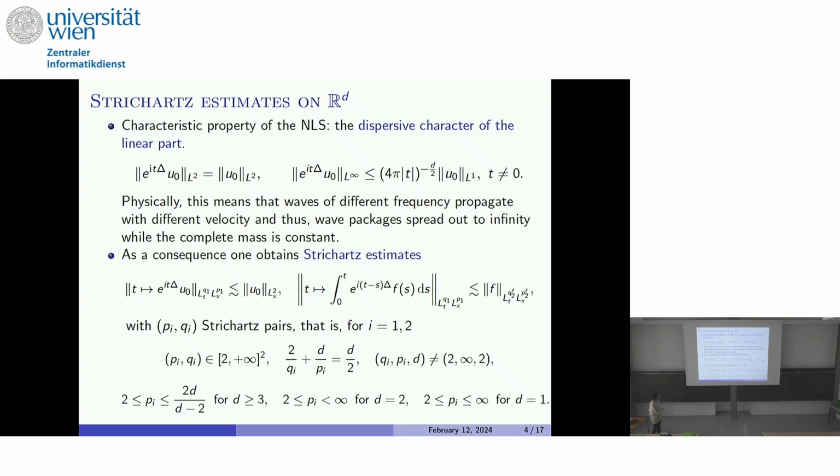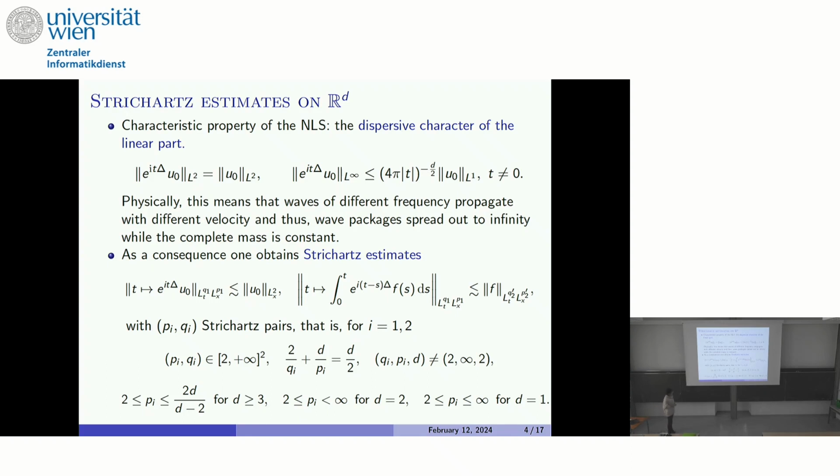Basically, this estimate tells you that if you start with an initial datum which is L2 integrable in space, then you gain integrability, in the sense that your solution will live in an L^p1 space where p1 is greater than 2, if you take a mean in the L^q1 norm in time. So you have an increasing regularity in the sense of integrability in space, and you can derive